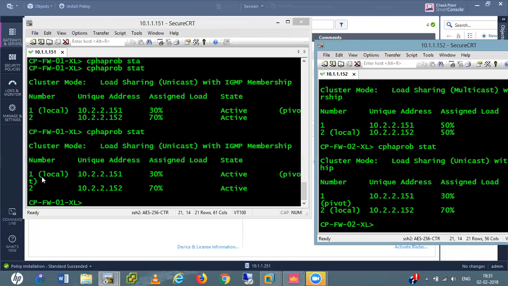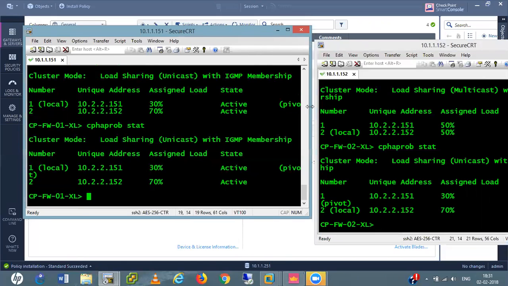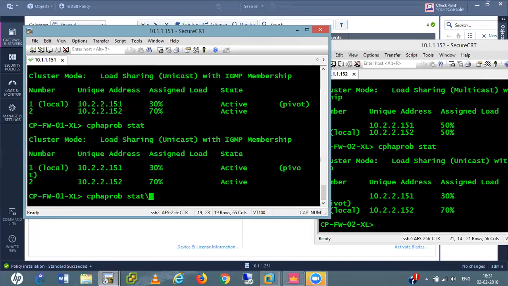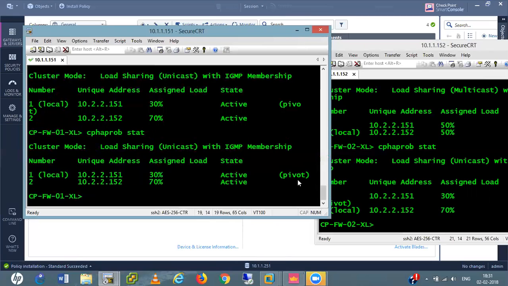This session creation is done by the pivot firewall. After that, it runs a load balancing algorithm and decides whether this firewall or that one handles the traffic.